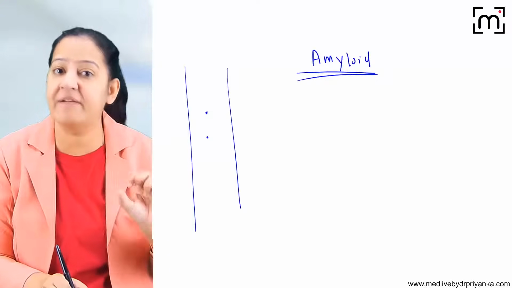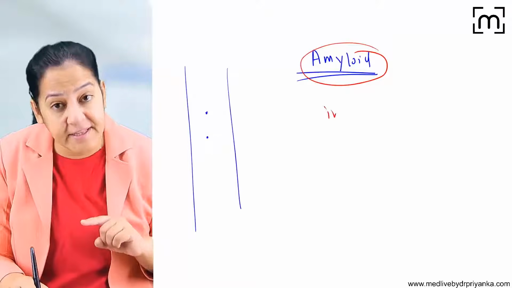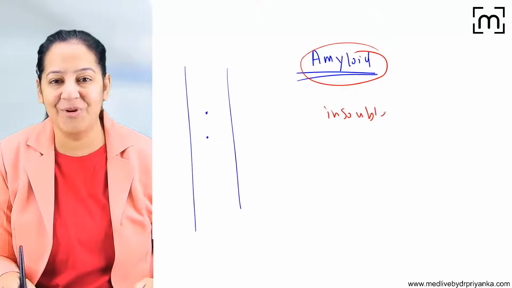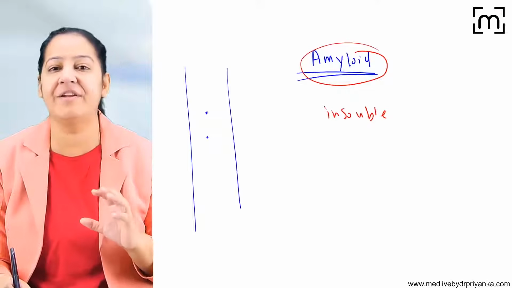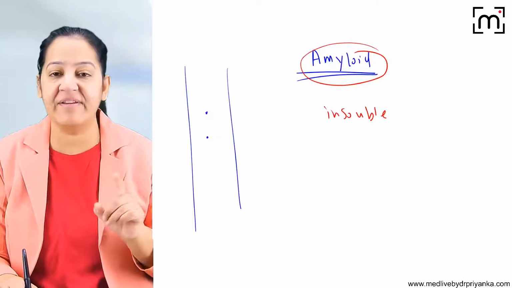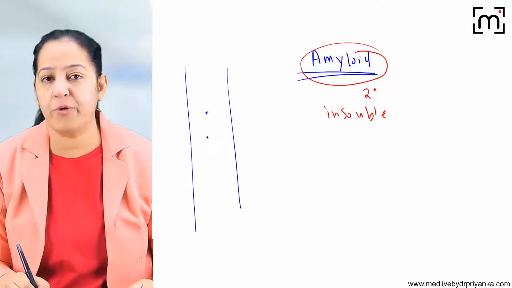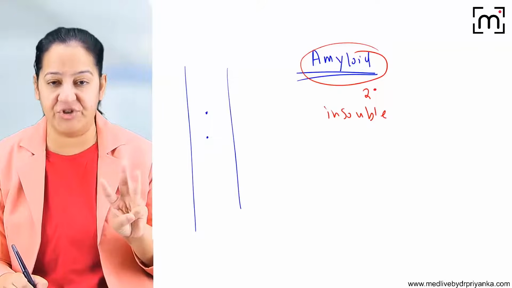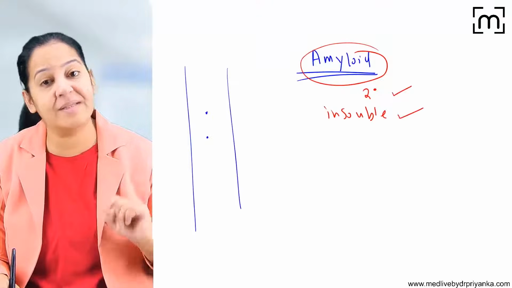These are soluble in our blood. Amyloid is the abnormal protein that is insoluble in blood. It's the abnormal protein. It's not normal. It is formed in certain individuals only. So why is it insoluble? Because it has some structural abnormality in its secondary structure. You know, proteins have 3 structures: primary, secondary, tertiary. So there are certain structural abnormalities in its secondary structure which make it insoluble.